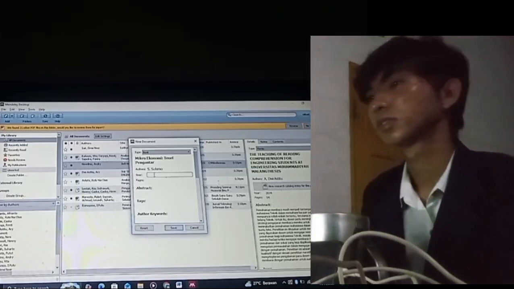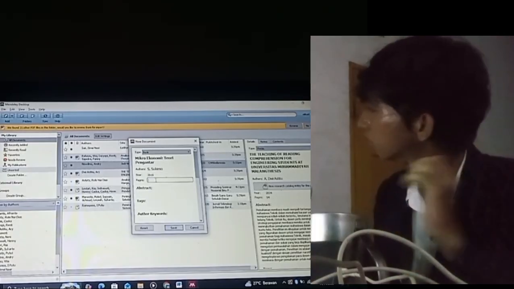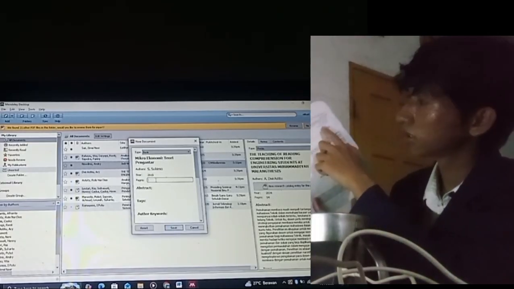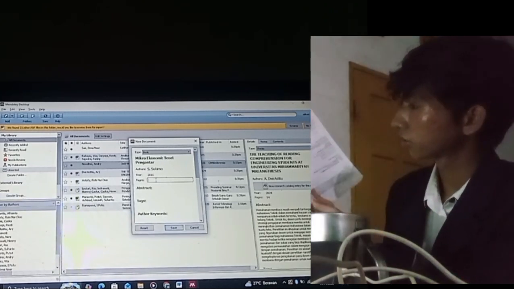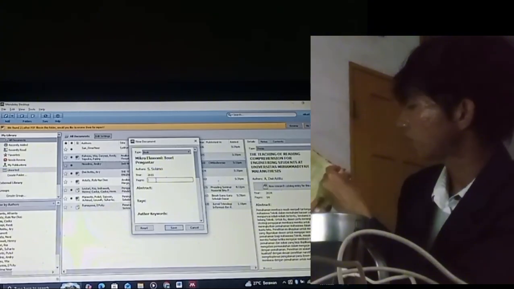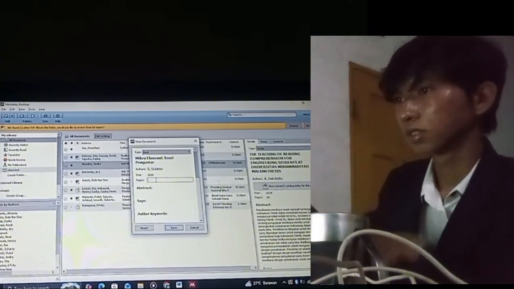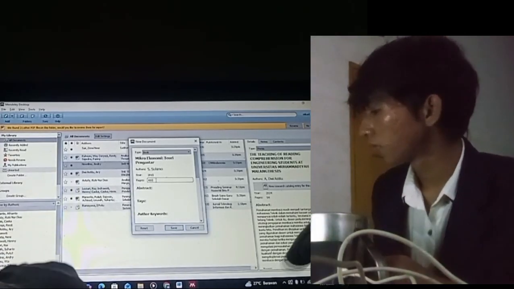The page count is how many pages this book has, which you can find from the first page or the last page. In this book the page count is 430.